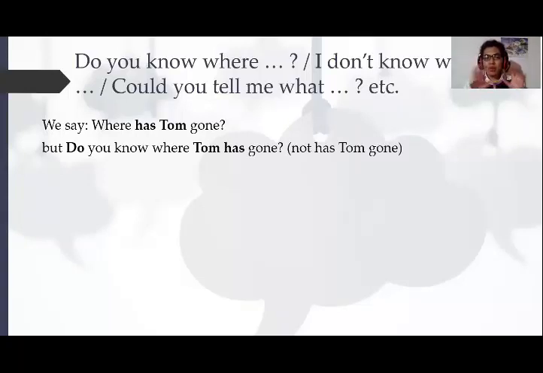When we have two questions in the same sentence, we are going to use this. We only change the form at the beginning of a sentence. The first sentence is going to be in the question form, and the second one is going to be as a normal sentence. As you can see here, we are using the auxiliary. In the next sentence, we are not going to use the auxiliary anymore. We only use it at the beginning. Even when we have "where Tom has gone," we only use it once.